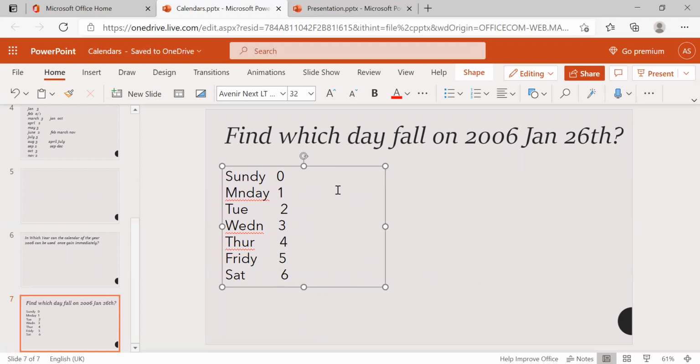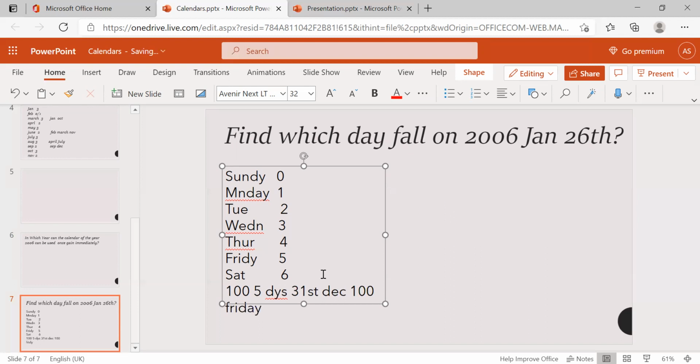We already discussed that in 100 years, we get 5 odd days. What does that mean? The last day, 31st December of the 100th year, is 5. 5 represents Friday.